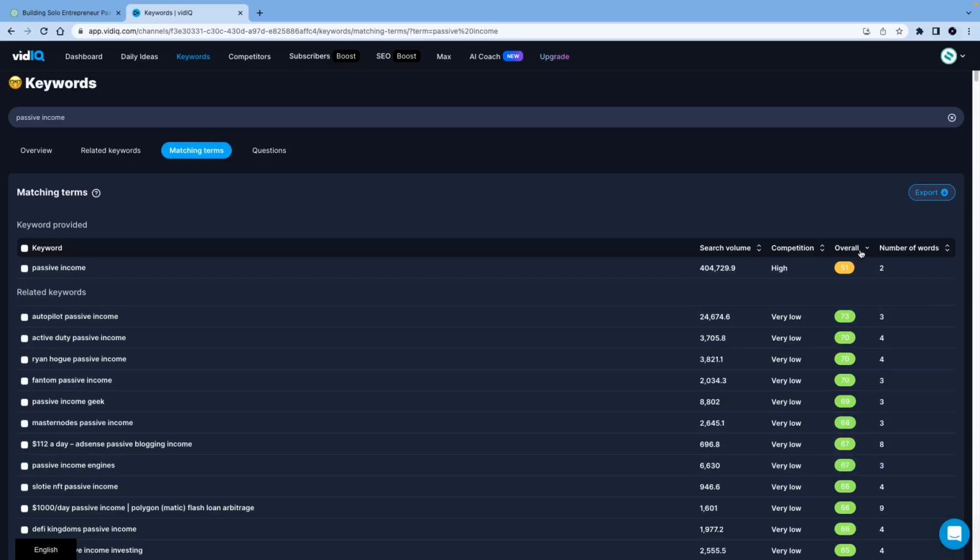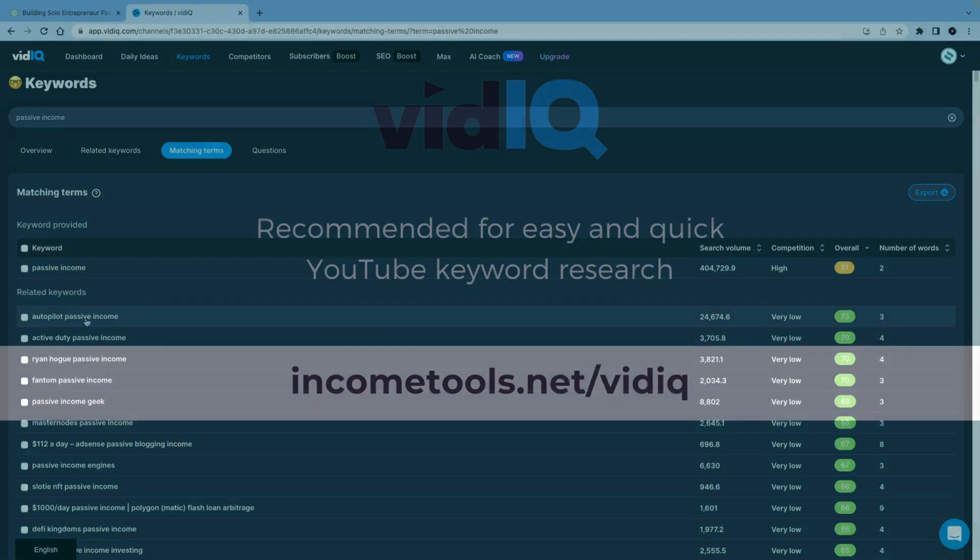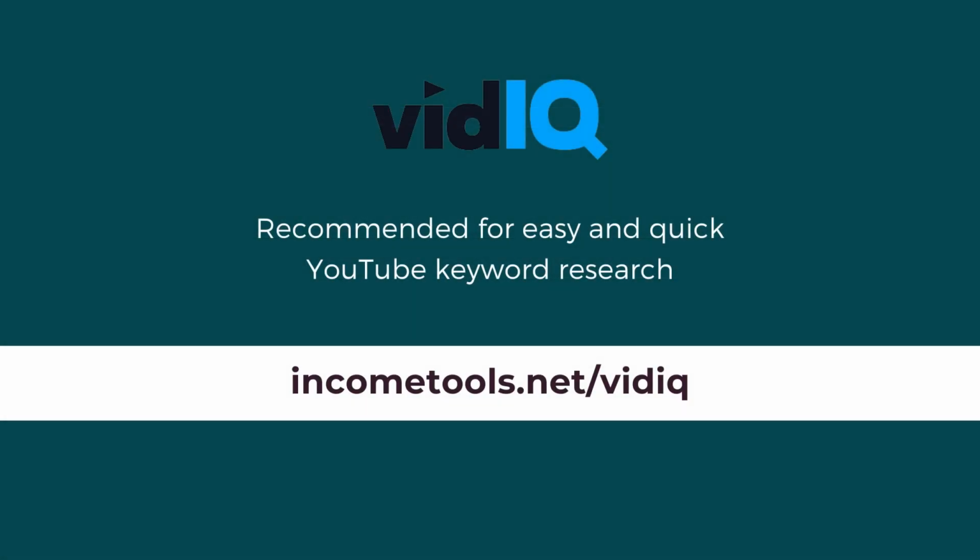You can also sort by score and see other keywords we may add as secondary keywords. As you can see, with VidIQ, in 10 seconds we know what's the best keyword to target with our video,